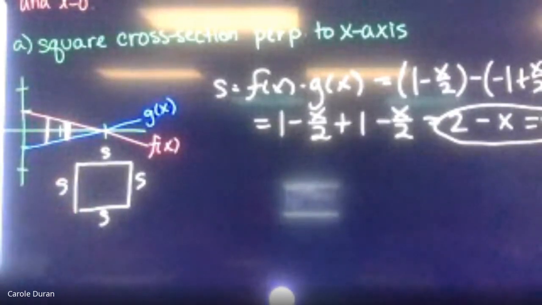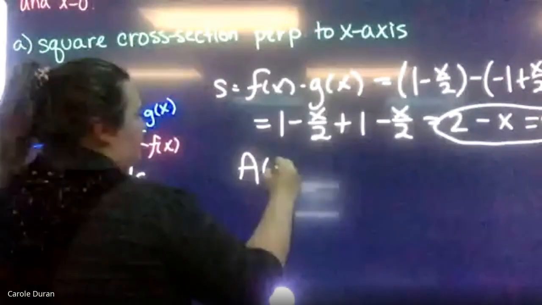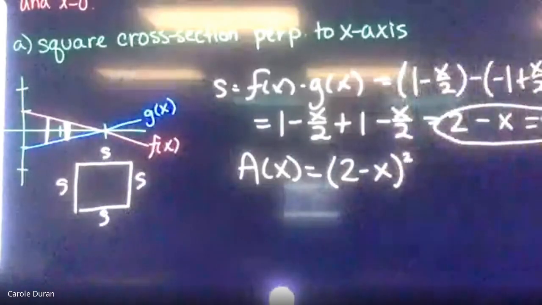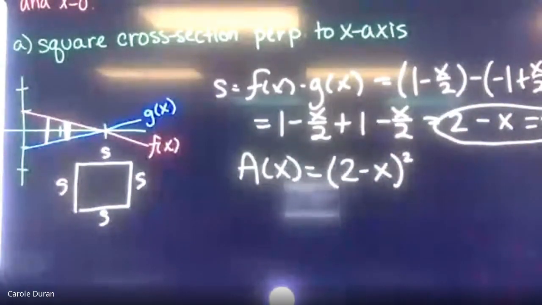All right. Okay, so I found my side length. What is the area of a square? Length times width, or side times side, which here is going to be s squared. So my area is equal to (2 minus x) squared, because it's side times side and my sides are all the same. Correct? We're okay with that? Which means my volume